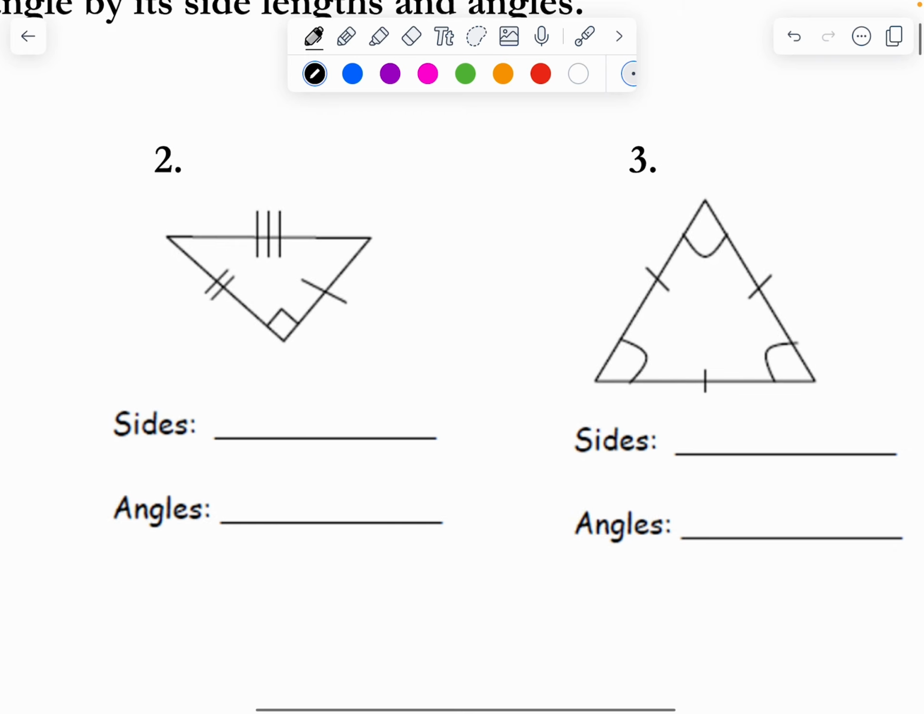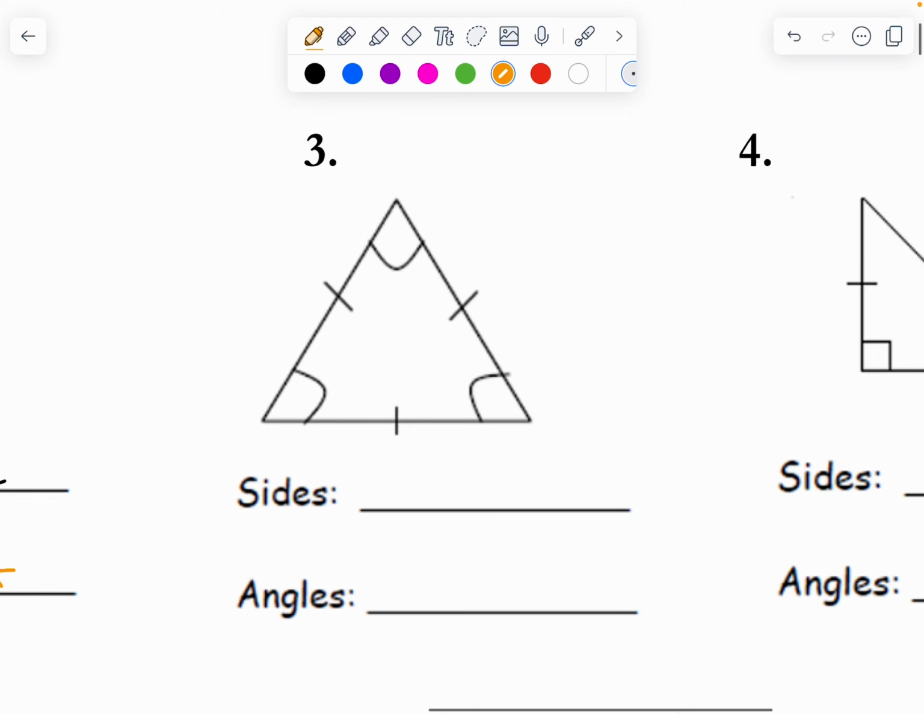Here, every side is different, so this is a scaling. And we've got one right angle, so this is a right scaling triangle. Notice every single side is the same, every angle is the same. So this would be an equilateral,